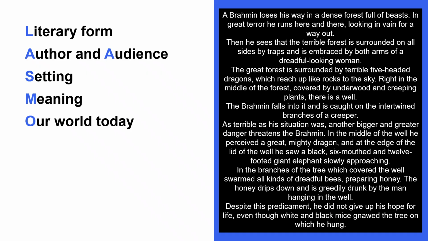So, it's an allegory of human existence. And for our world today, the relevance is that when we forget the inevitability of diseases, old age, and the ultimate destruction of the human body, we occupy ourselves in accumulating sensual enjoyment which we may never truly enjoy. The man who is surrounded by dangers from all sides but forgets the imminent threat and enjoys the pleasure of drinking the trickling honey. Similarly, the soul in the human body is deluded by the desire of pleasure.